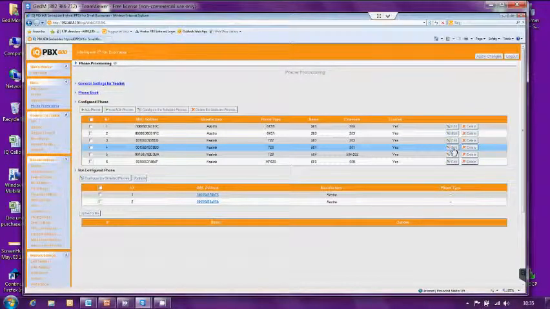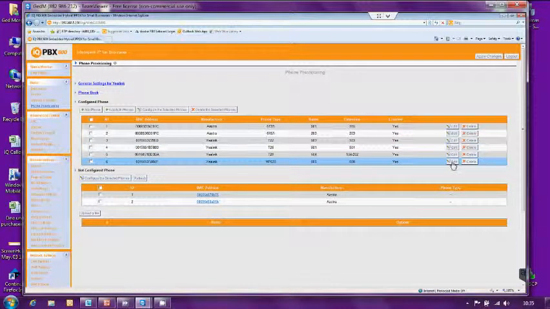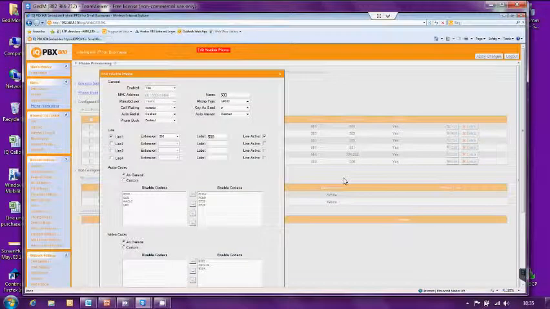I want to look at 500 because I want to explain something about one of the Yealink models, the VP530, which is a touchscreen video phone. This video phone currently is on a different release of firmware. We're waiting for a new release of firmware where we'll actually auto provision completely. At the moment, the touchscreen video phone, the VP530, just needs a manual change in the actual